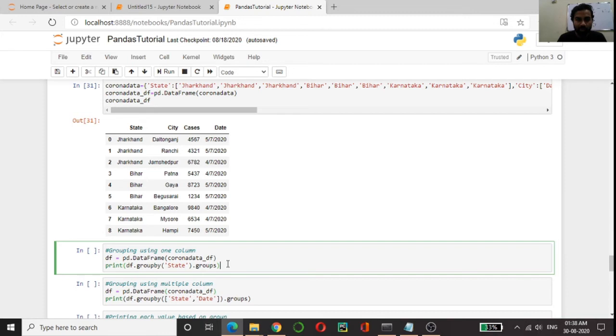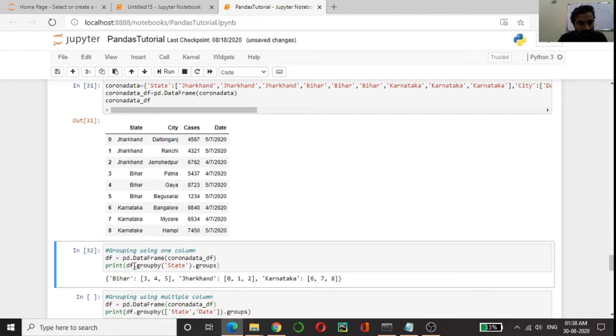Like here I am trying to group by the state. When I run it, the method to do group by is dot groupby, and simply pass the column name on which we want to group.